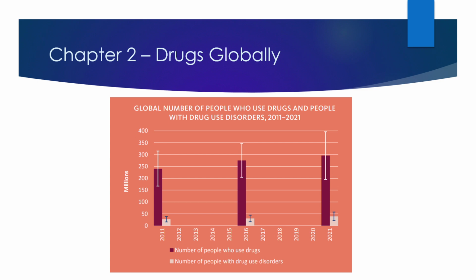And you can see that there's three sets of vertical bars here, going from the oldest one being 2011 on the left-hand side, all the way to 2021, more recently on the right-hand side. And so what do we want to take away from this graph? Well, we can see, first of all, that this y-axis tells you the hundreds of millions of people who are using or who have a disorder.